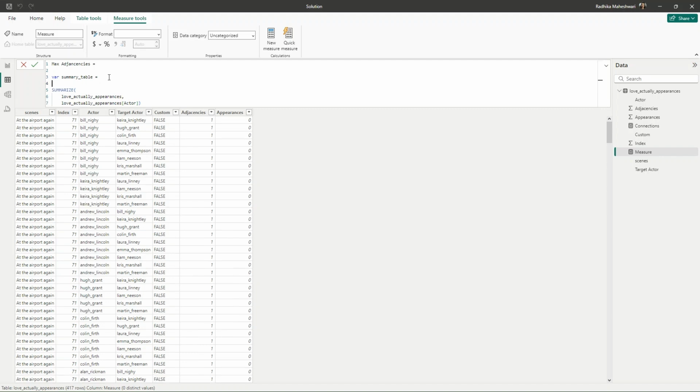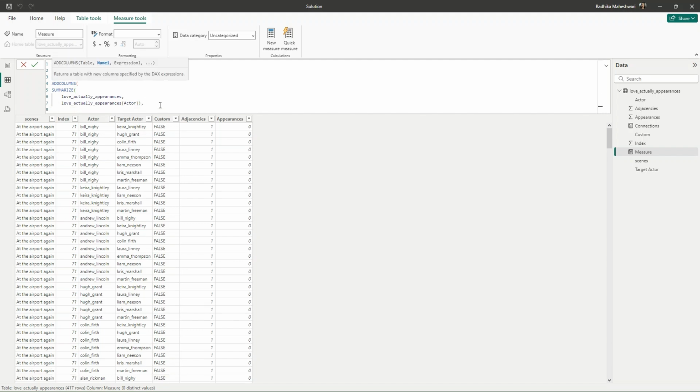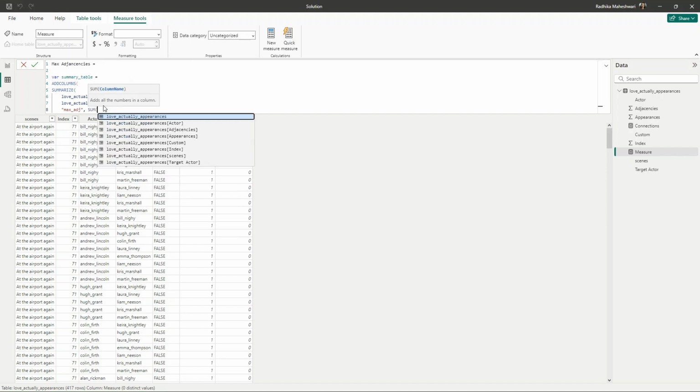Now we are going to give this table as the first argument for the ADDCOLUMNS function. And I'm going to call this column max adjacencies. All we need to do is sum these adjacencies.